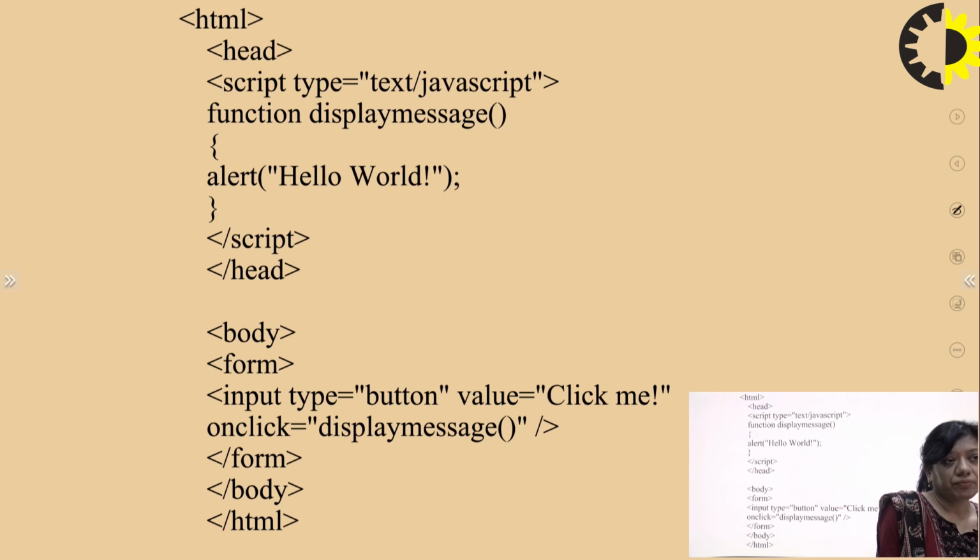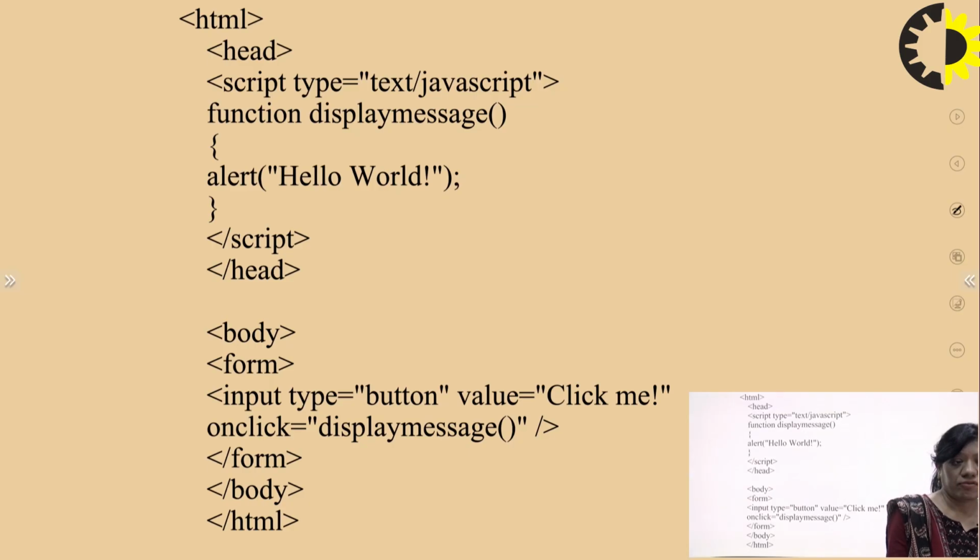All this function code we write in the script tag. Firstly we have to open the script type, the type is JavaScript, and then I write the function code. Here I print the message hello world, and then the script tag ends and the head section closes.